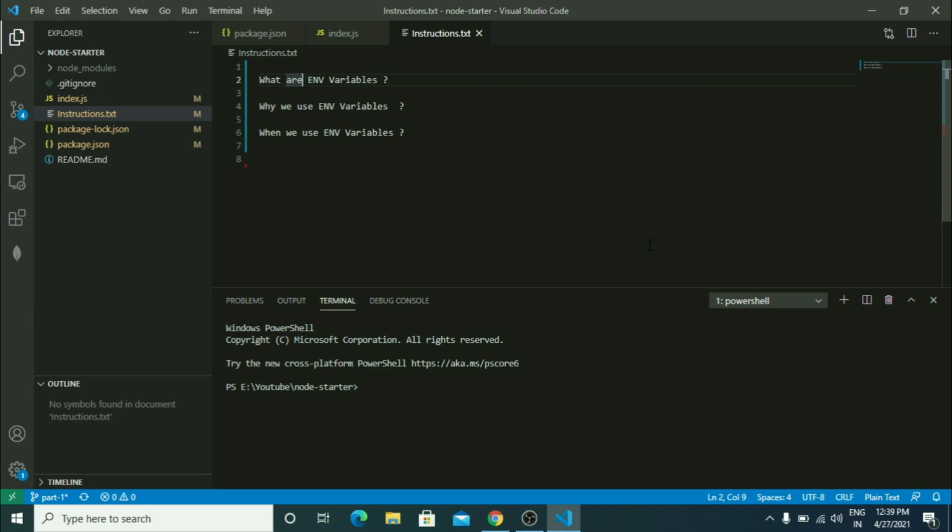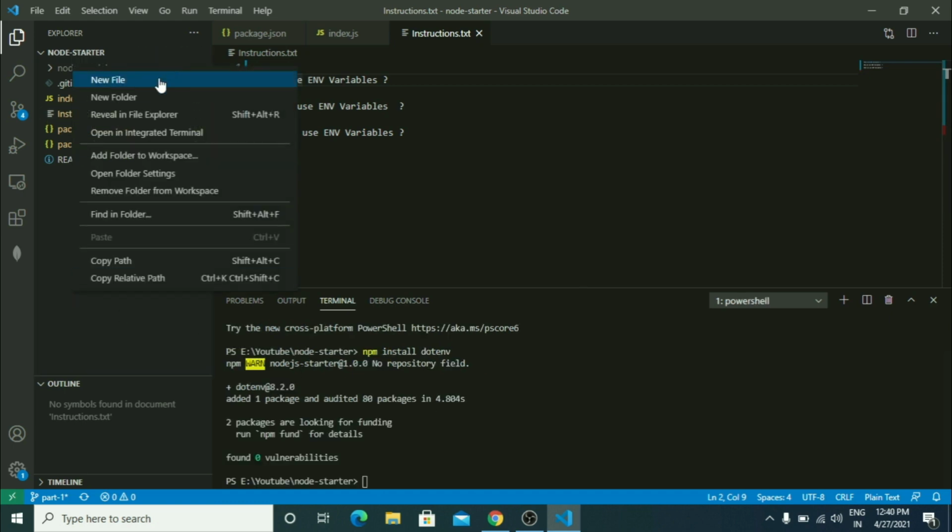So for maintaining all these things, we need to maintain an environment file. Otherwise you have to change manually in your code base for all the database connections and port numbers, right? But using environment variables we can change in a single place and it will reflect in all other places. I'll walk you through the steps to set up environment variables in our Node.js project. So let's get started. We'll be using a library named dotenv.